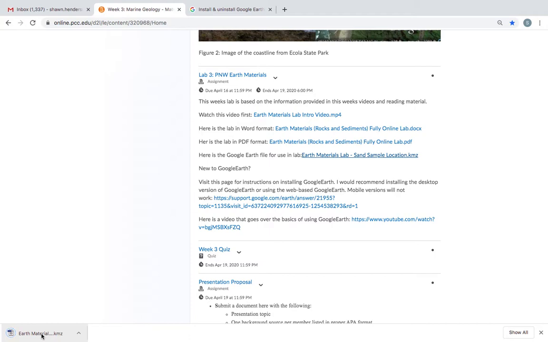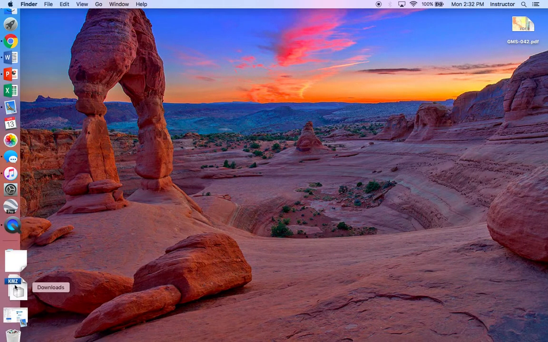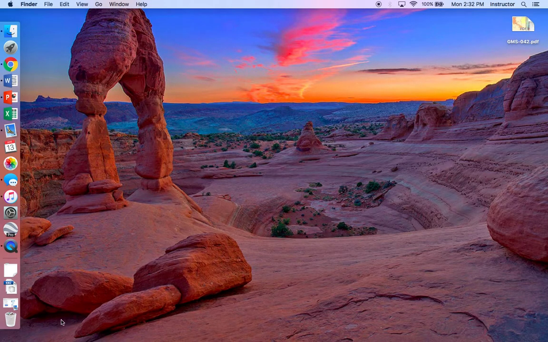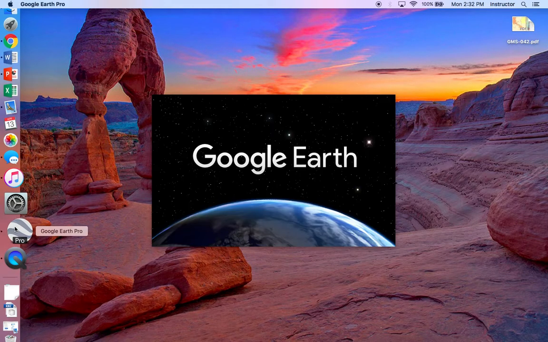And you can see that's a small file that has been dropped into my downloads. Now I'm doing mine on a Mac, but it's going to be a similar process for a Windows-based system as well. Okay, so my KMZ file has landed in my downloads, and if you are lucky, you can just click on this and it's going to open in Google Earth automatically. What I have found is that for some reason Photoshop likes to try to open these files, and so I actually have to open it manually through Google Earth. So let's open up Google Earth Pro,